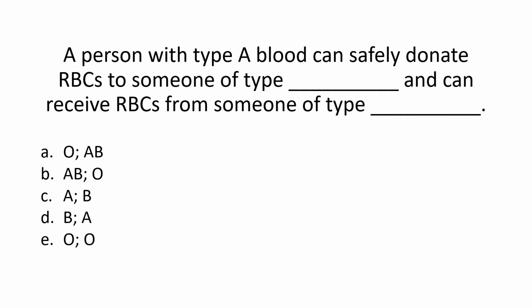So in this case, because we need an O, see here, can safely donate to someone with a type